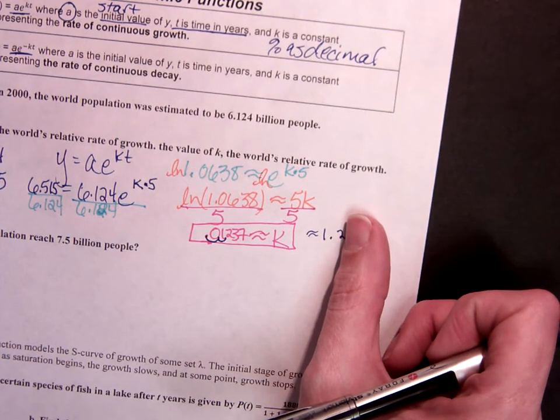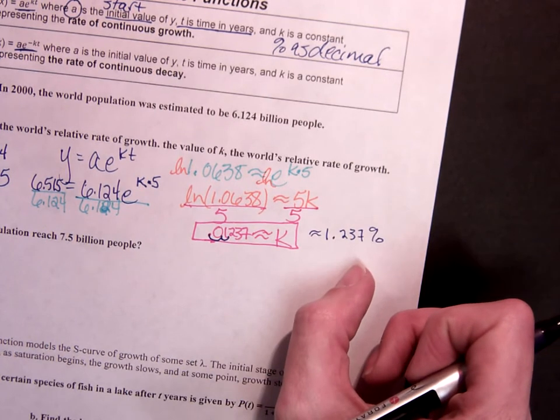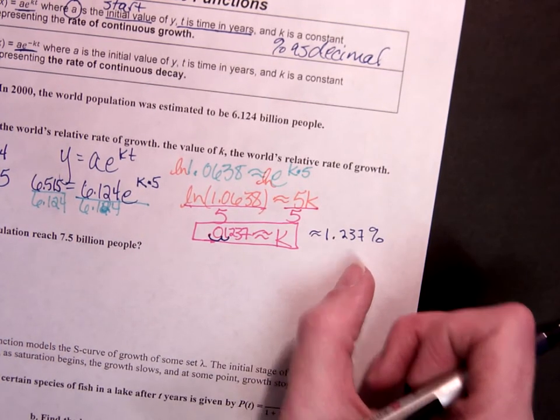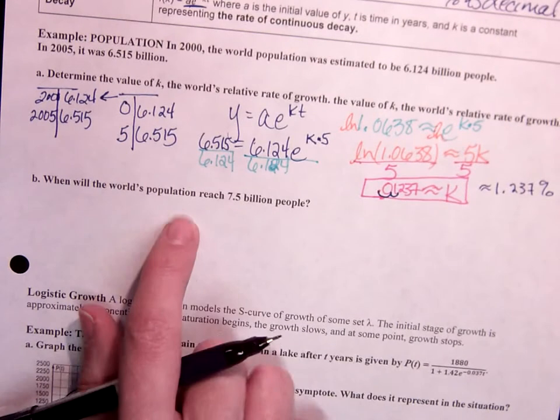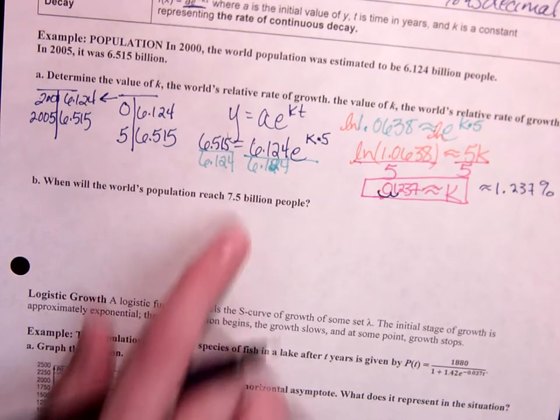I could cut that off at about 1.2, so it's a little easier to deal with, but if we're going to be the most accurate, then we need to carry around as many decimal places as we can. So when it asks, when will the world's population reach 7.5 billion,